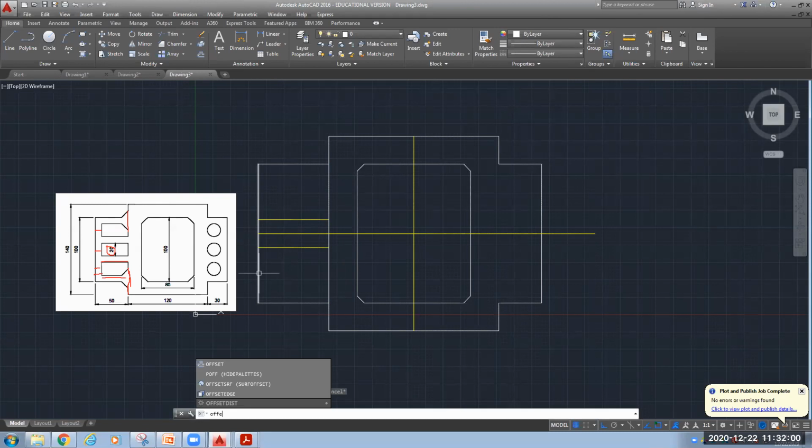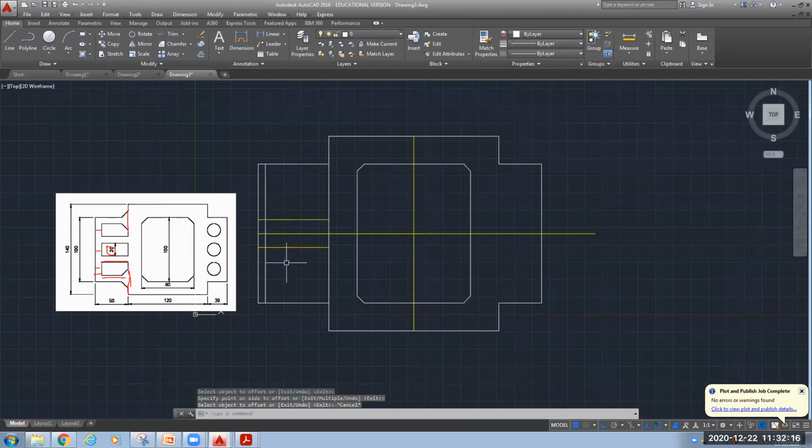From this side, we need to reduce by 5 units. So I will offset the vertical line also by 5 units. Okay. Even if it is coming very close, no issue. We will trim it again.